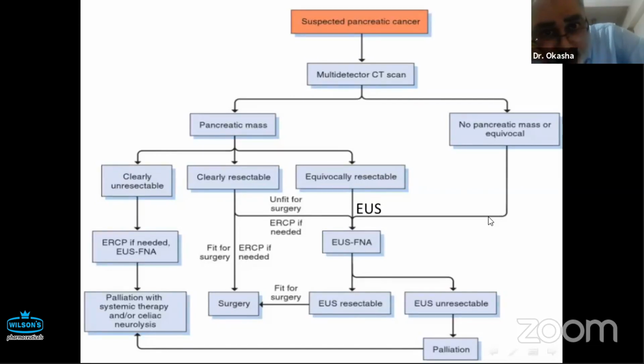Dr. Khalid? Yeah, so I did not see that algorithm by them, but I think I agree. In our practice, it's the same too. Before you put these patients through radical surgery, nowadays these patients are going through EUS and FNA, again for the same reason as you mentioned: autoimmune pancreatitis, non-functional neuroendocrine tumor, lymphoma. Even though the percentage of those is not high, I still think EUS FNA adds a lot of information, especially when it's unequivocal